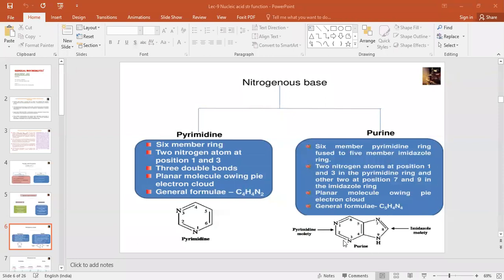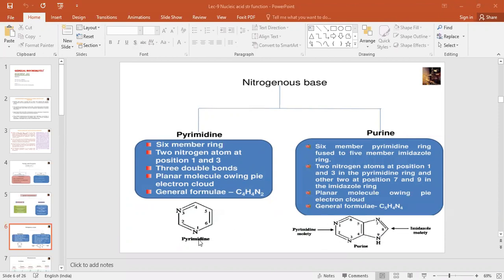So see, concentrate here, the purine structure. The same way, N C N C C C. Again, for the imidazole ring, start from here, N C N. After drawing this structure, you have to give the numbers. These are the steps. First of all, draw the structure. How to draw the structure? N C N C C C and N C N.